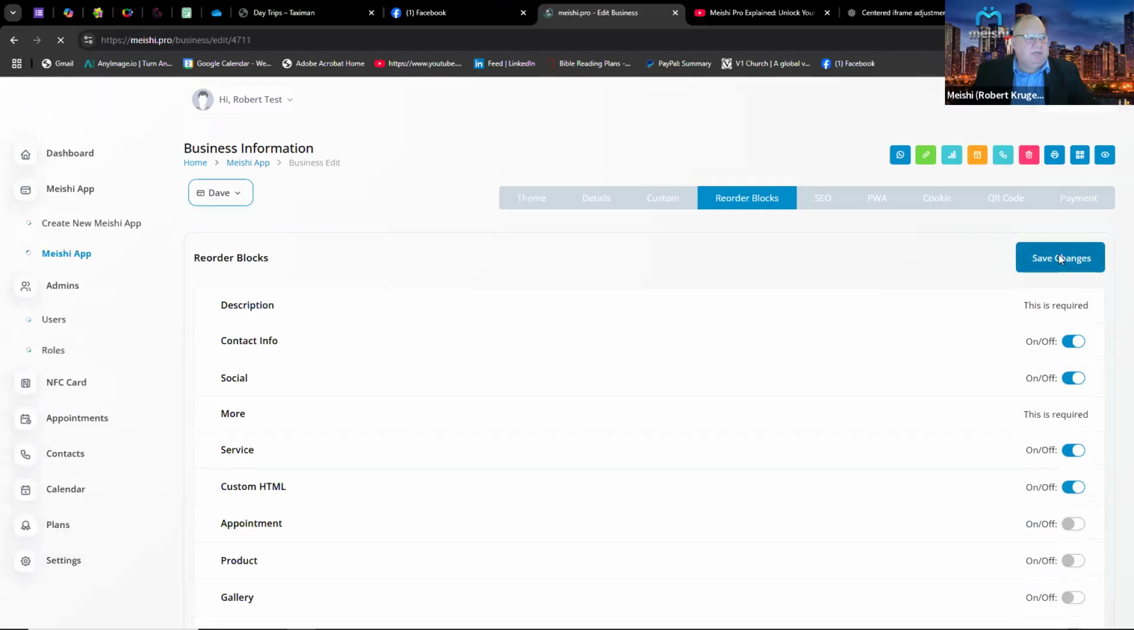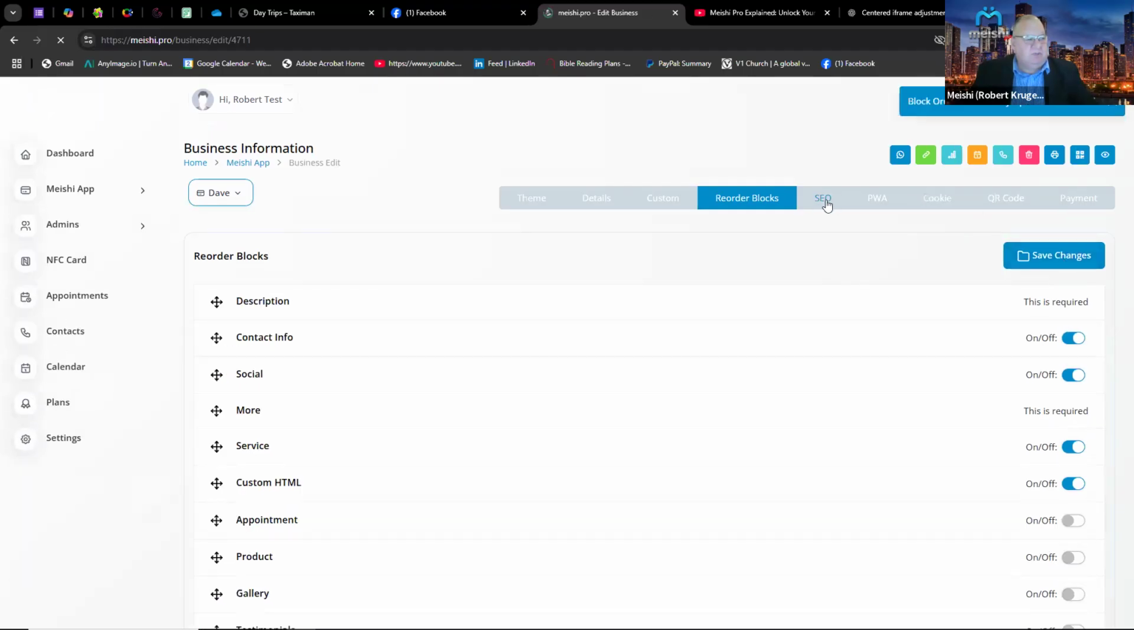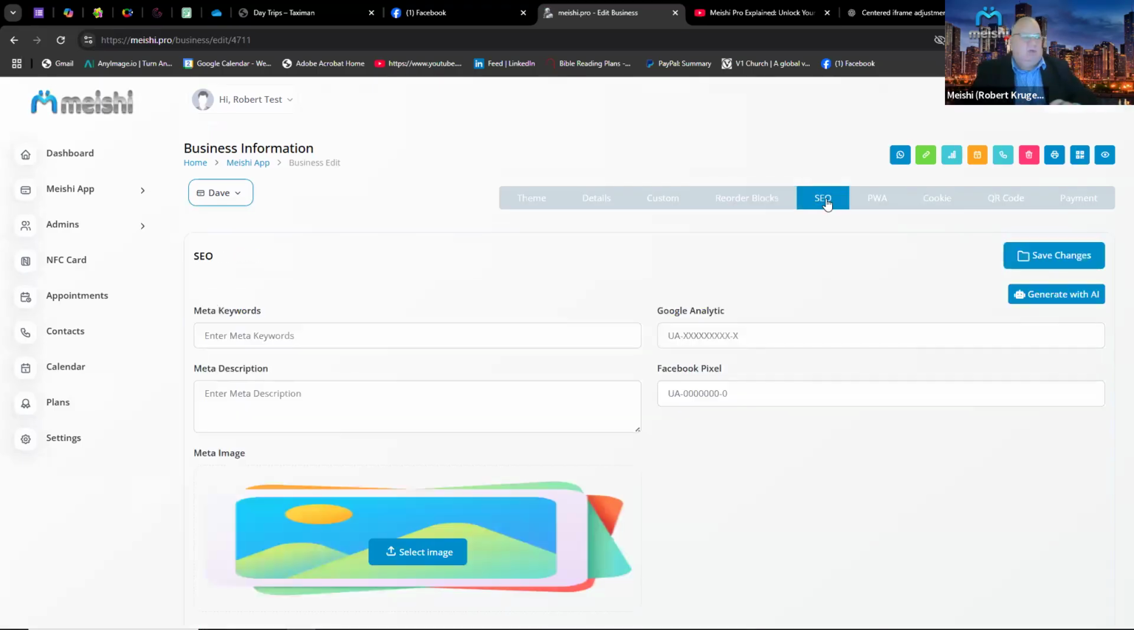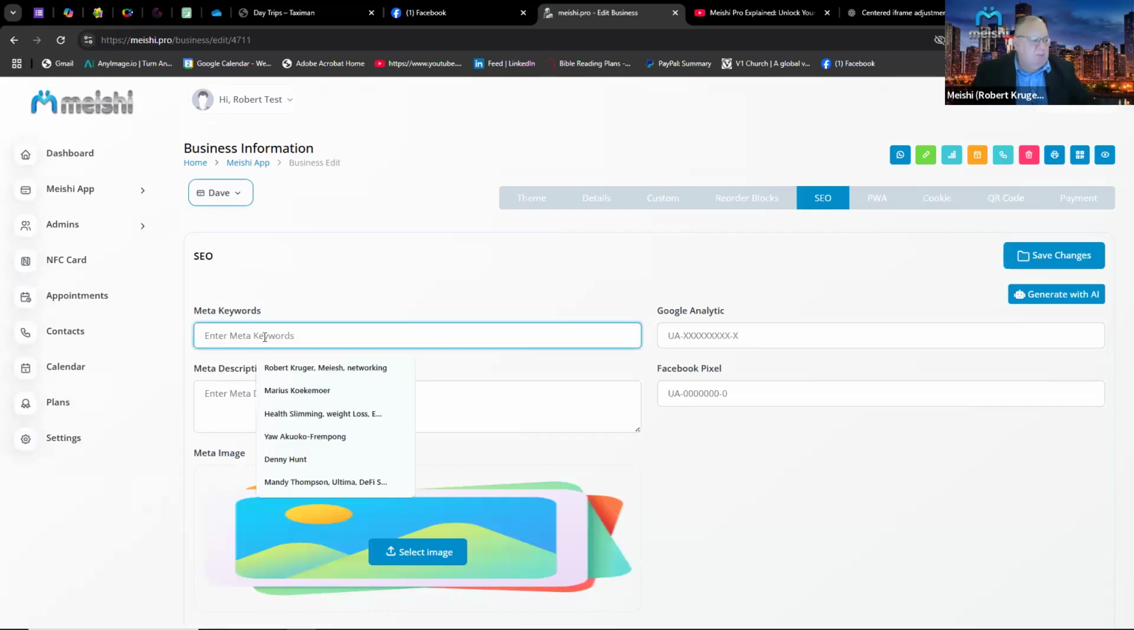So once that's saved, then we go to the next one, which is search engine optimization. This is where you're going to type in your meta keywords. So what I'm going to put in here: tour, tour group, shuttle, Dave,